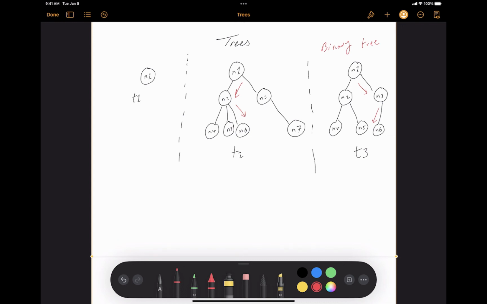So, we're going to talk about the height of the tree, or let's talk about the depth and the level first. So the depth or the level is the number of nodes from the root to that node. So, for example, in the T1, as we see, N1 is at level 0 or at the depth 0, because